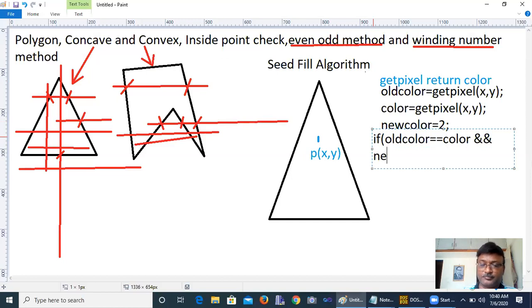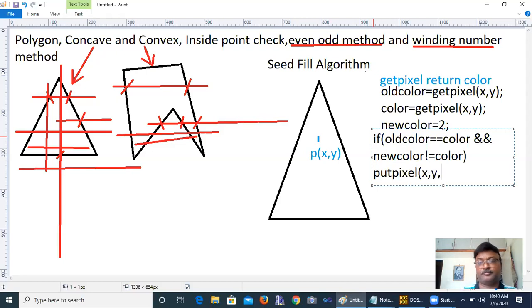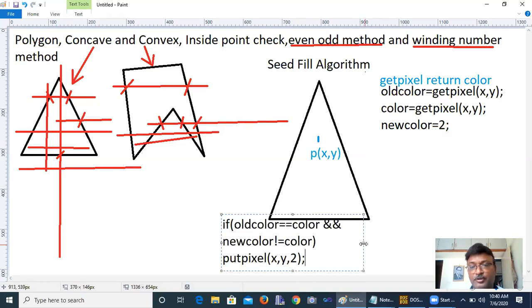New color is not equal to pure color. Then you can put pixel: put pixel x y with the new color. See what condition I am writing here? I am going to trace over here, so that it is easy to understand.